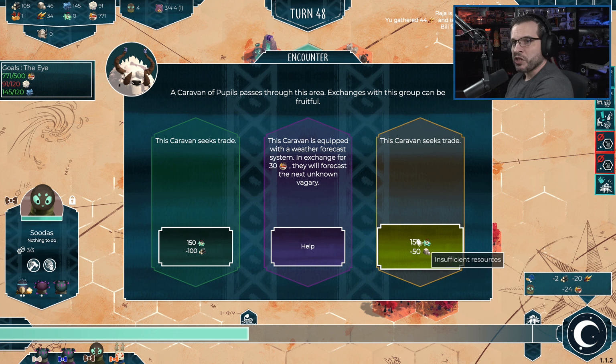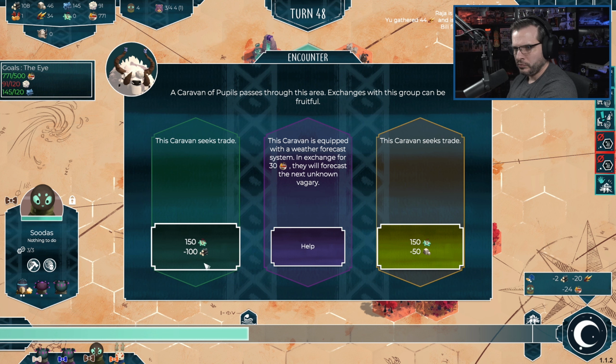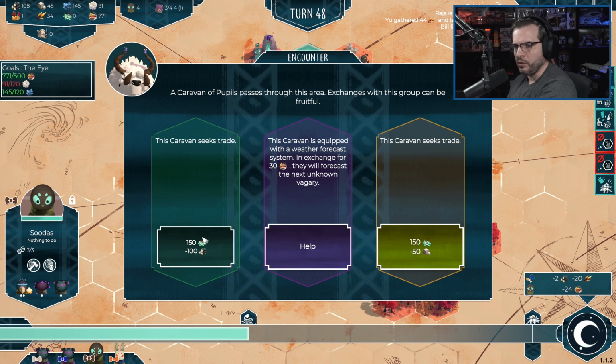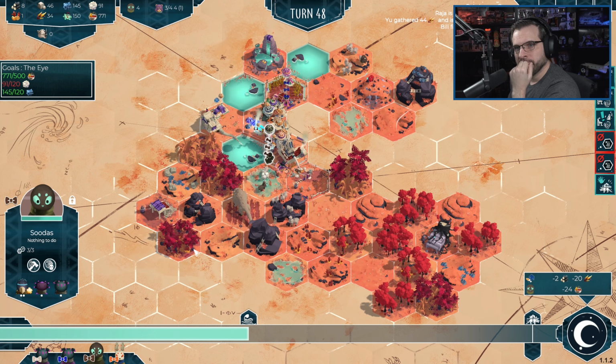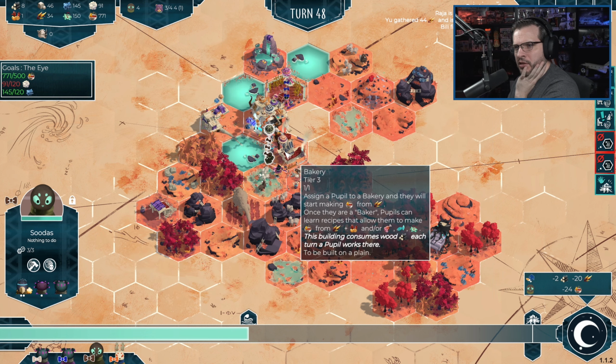Caravan trade. They'll give us more spices. Caravan is equipped with a weather forecast system in exchange for 30 rations. They will forecast the next unknown vagary. Or we can give them wood for spices. Well, we don't have stone. If I give them the wood, we'd have to start gathering wood again. That's a lot of spices, though. No, why not? Let's grab the spices. Which does mean that...